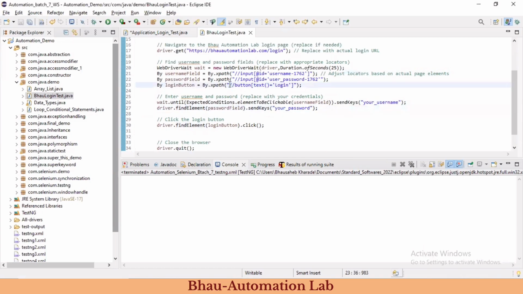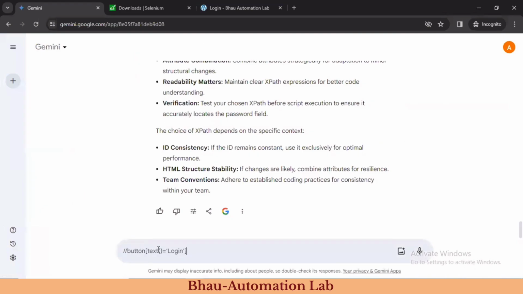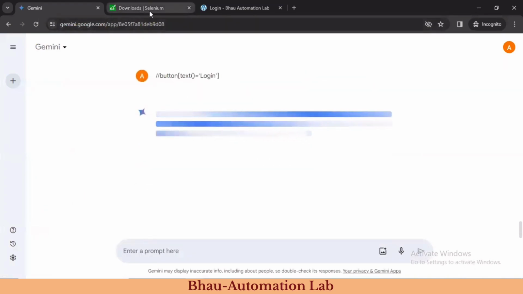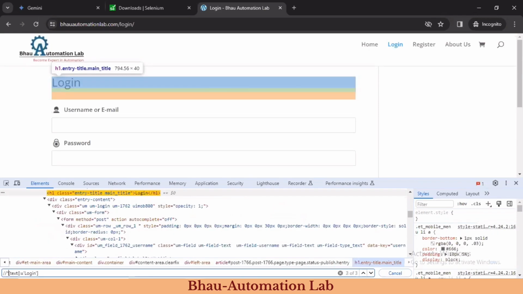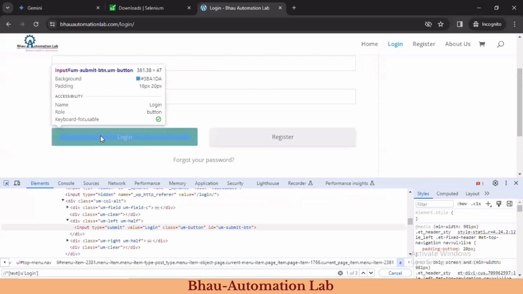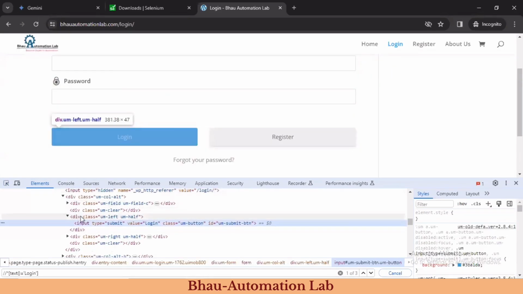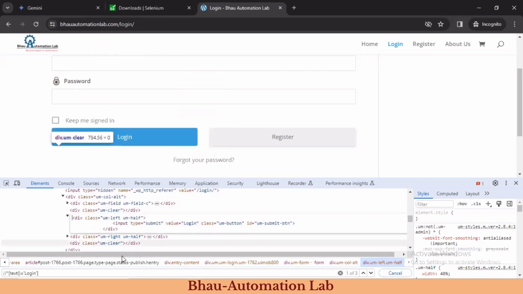Okay, so we have created the username and password XPaths. Let's see whether the button XPath is working fine or not. No, so we have to create the XPath for login as well. I'll remove this button and star. So we have an XPath for login, but it's not working. So I'll ask Gemini AI to create an XPath for the submit button, the login button as well. Okay, edit HTML,